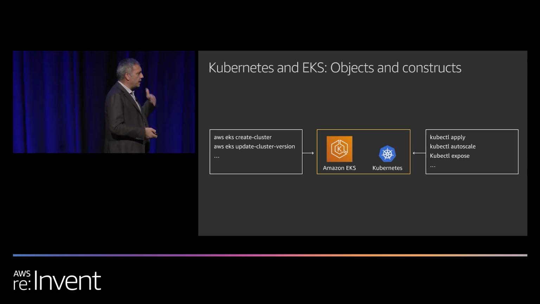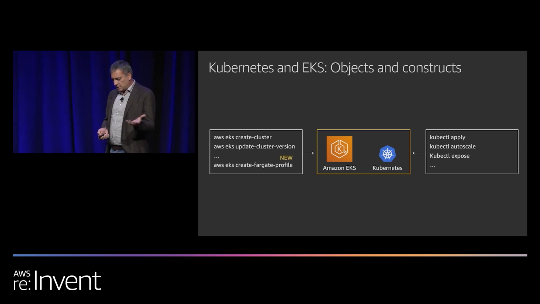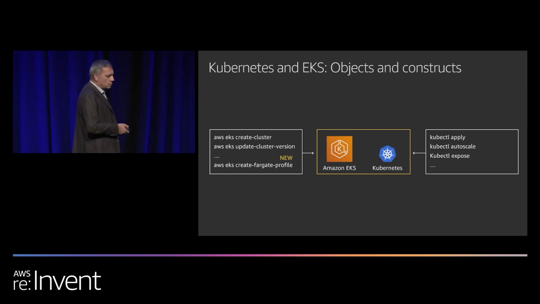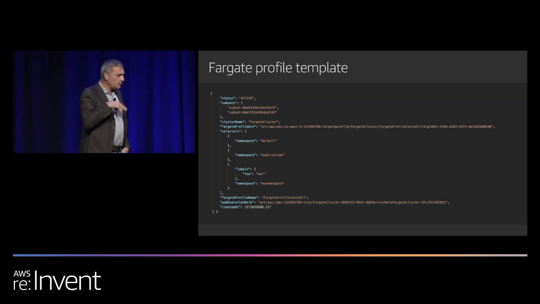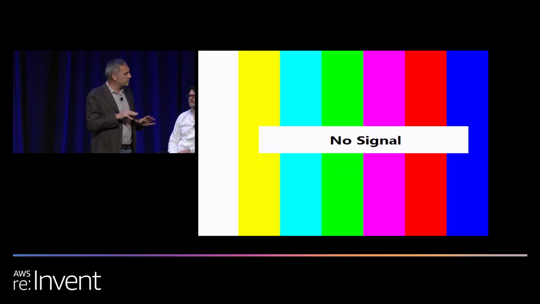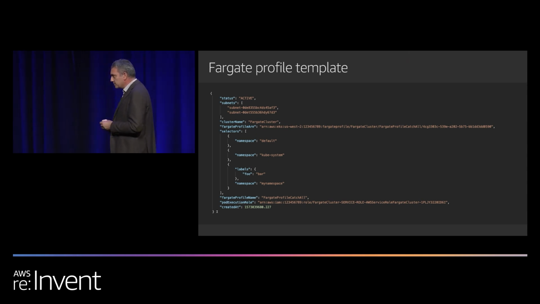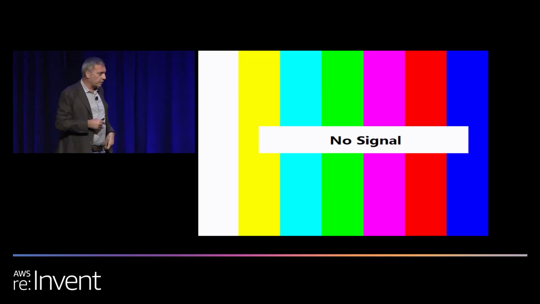So what we have done is we have introduced an additional API to the Amazon EKS API, which is this API that manages the lifecycle of this Fargate profile, right? So you can create, delete Fargate profiles with this new EKS API. And this is a representation of that profile, right? This is not intended for you to read. I just wanted to bring this up because I want to discuss a couple of very important things, the reason for which we introduced the profile and what the Fargate profile role is. So this could be a representation of the Fargate profile that I showed you very briefly in the demo.